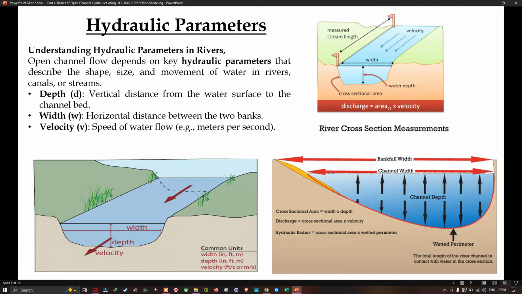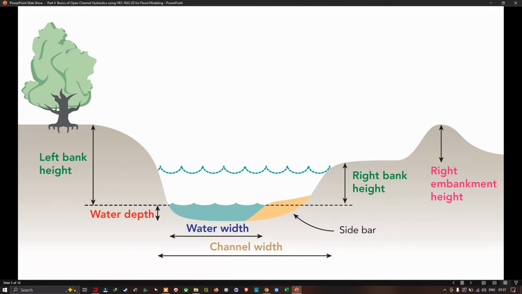And in this figure you can see the different parts of the river. Starting with the left bank height, which is usually calculated from the water level. You can see this imaginary dotted line here, from this part to the top surface of the bank, which is called the left bank height,